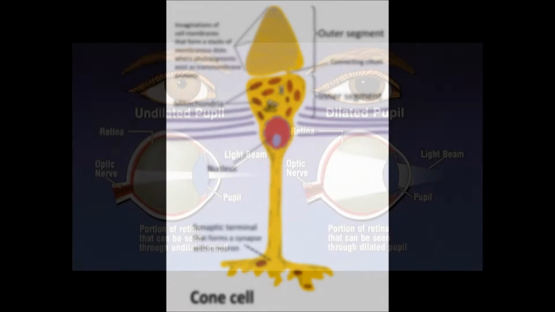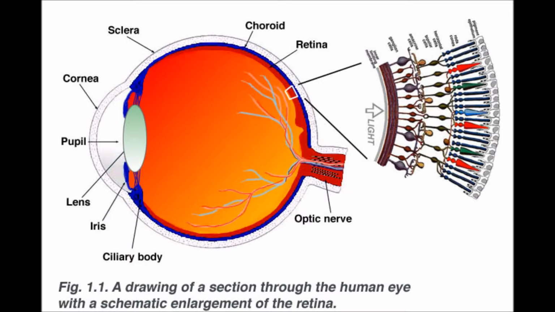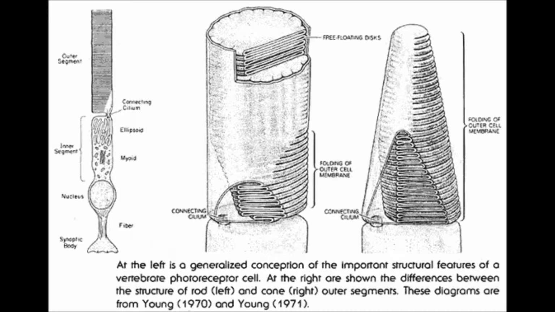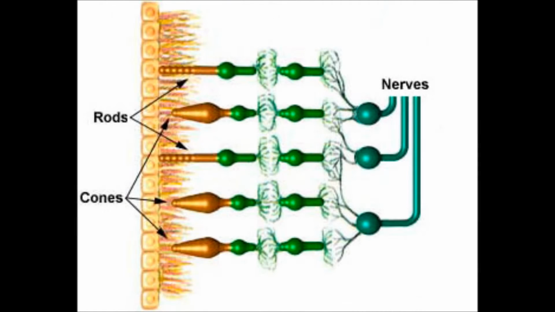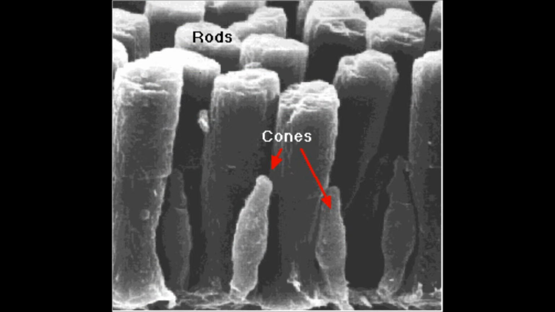When light passes through the pupil, it strikes the back of the eye, where the light receptors are located. You can see here the narrow rods in blue and the various colors of cones. The rods are designed to work at night, when light intensity is low, and are very sensitive to the light intensity. But cones are sensitive to light frequency,